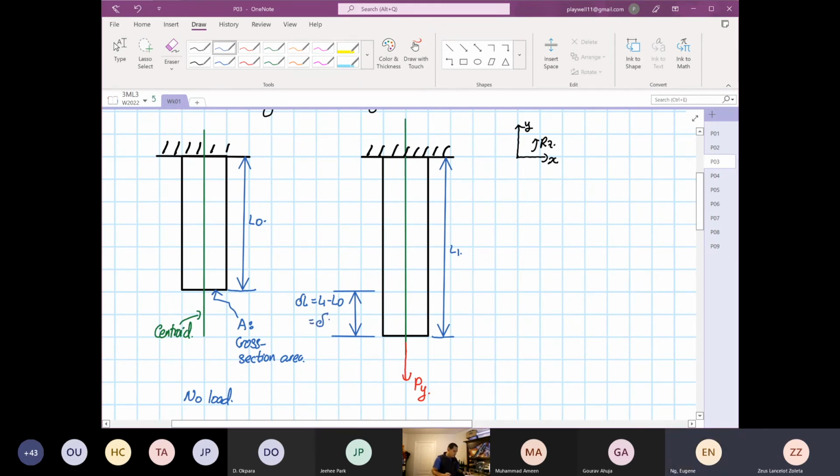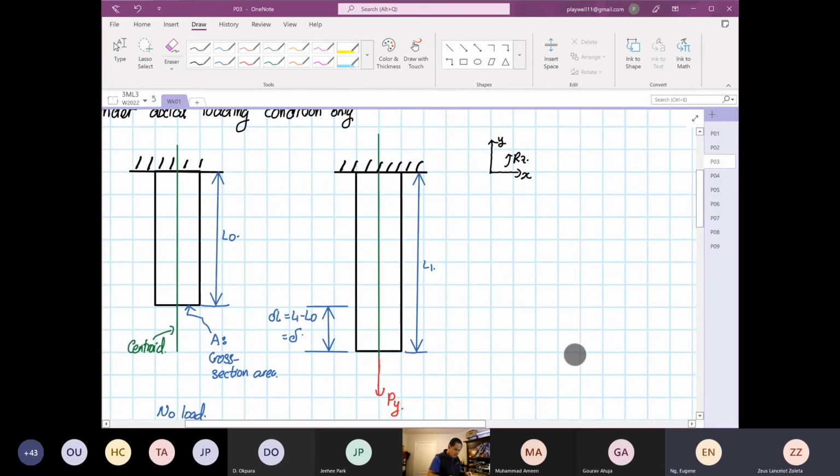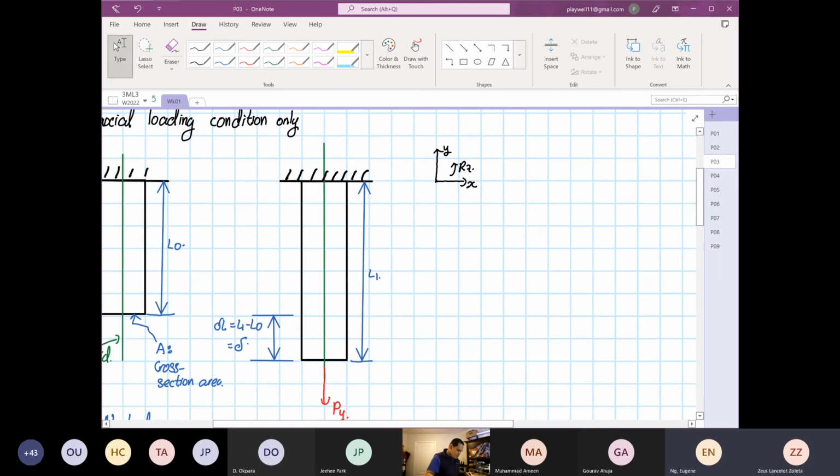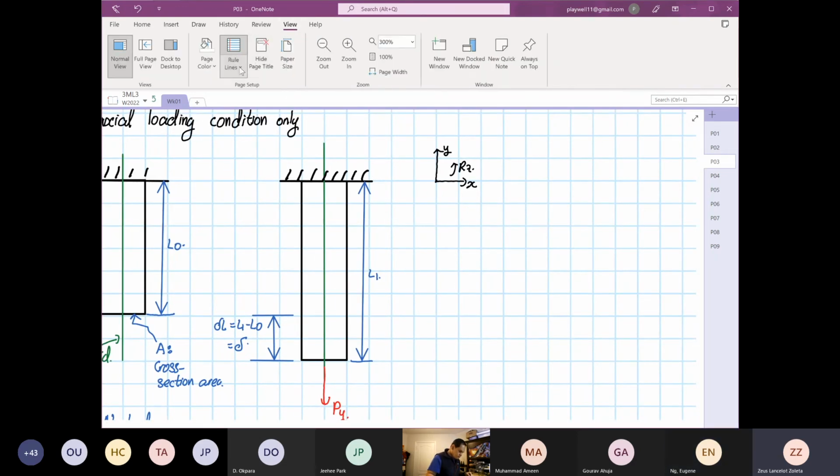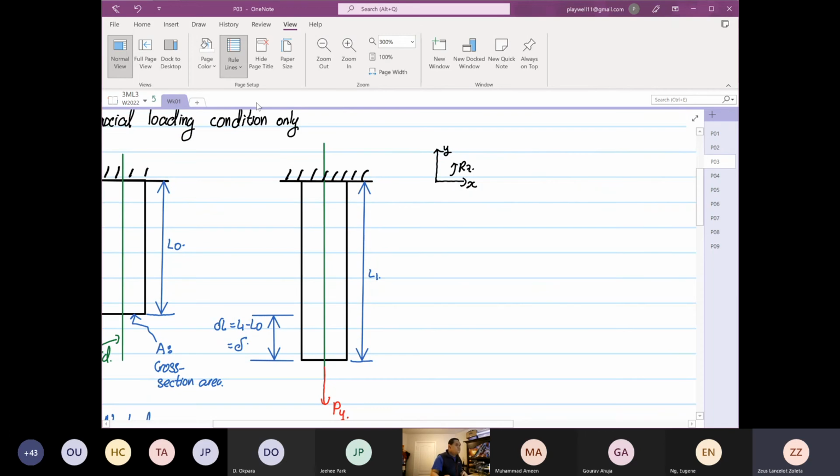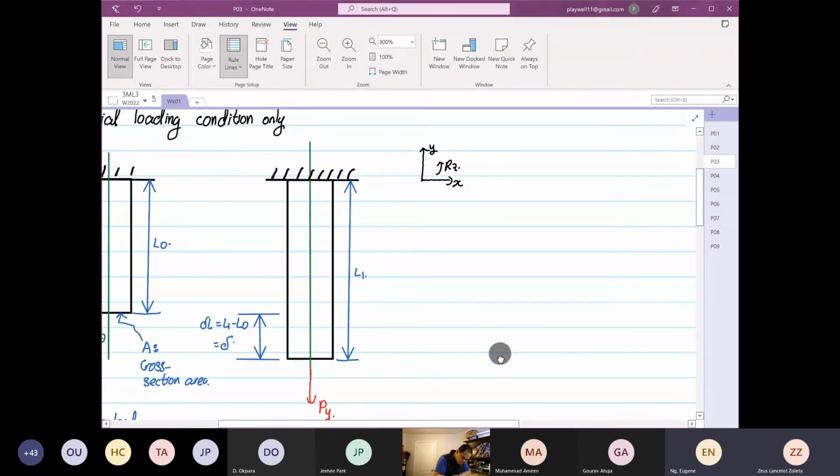So this is also equal to our delta, our deflection. All this is with the material in the elastic region. The change in length is because of the applied load in the elastic region. When the load is removed, it has to go back to its original geometry. So now, in the elastic region,